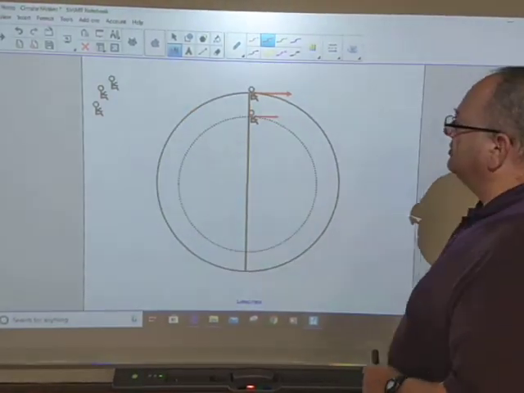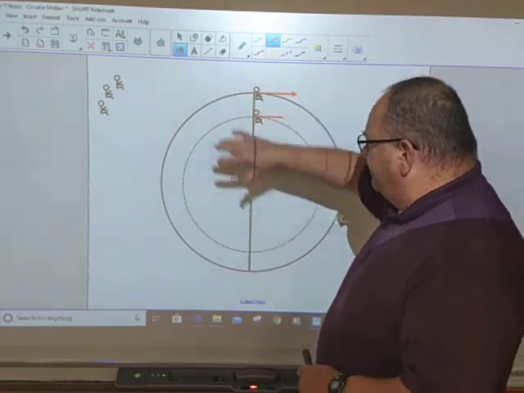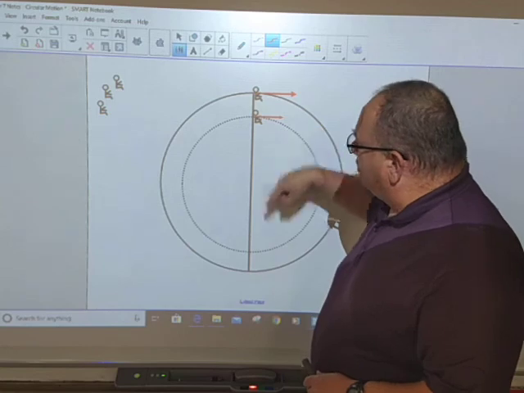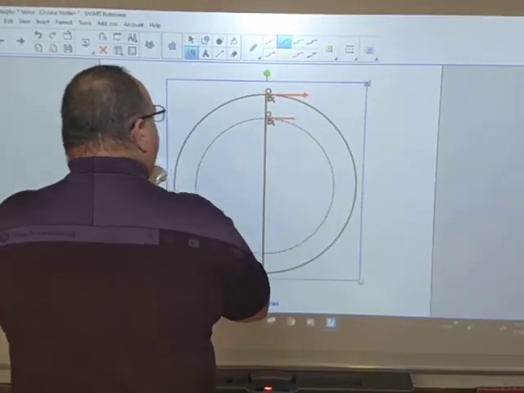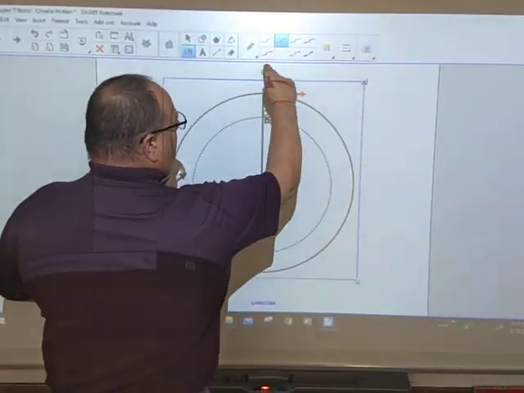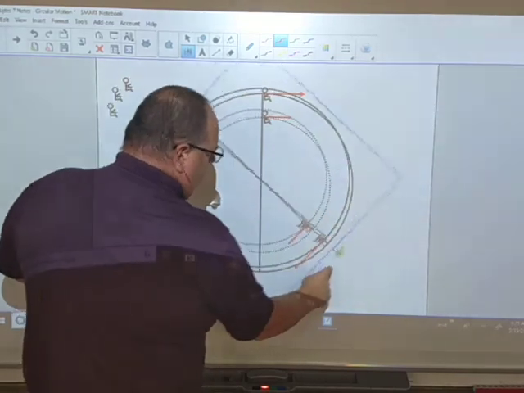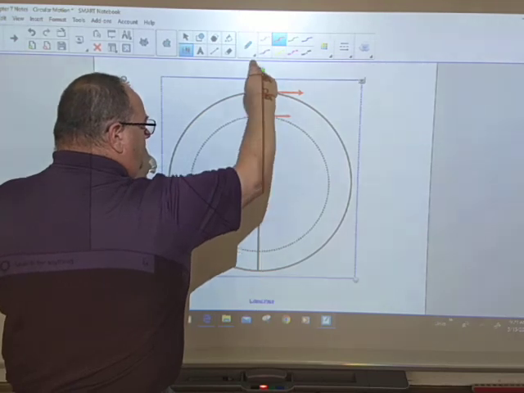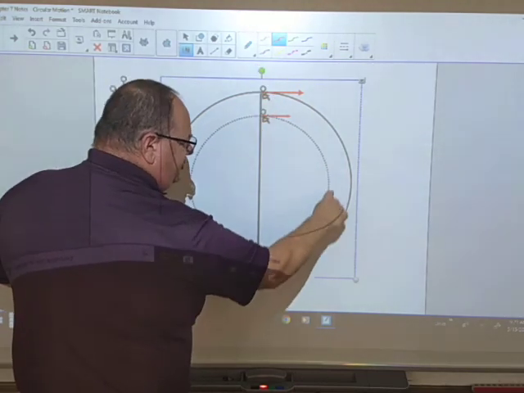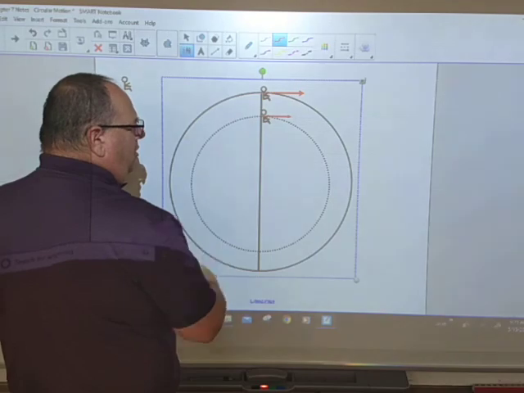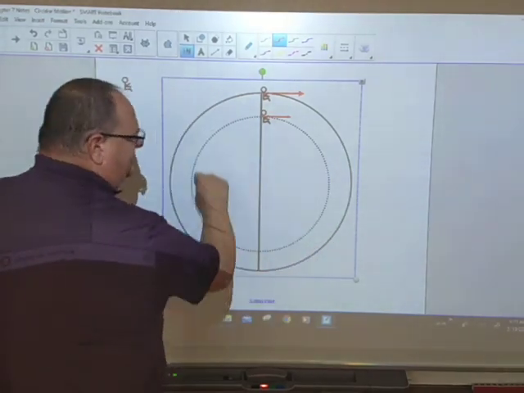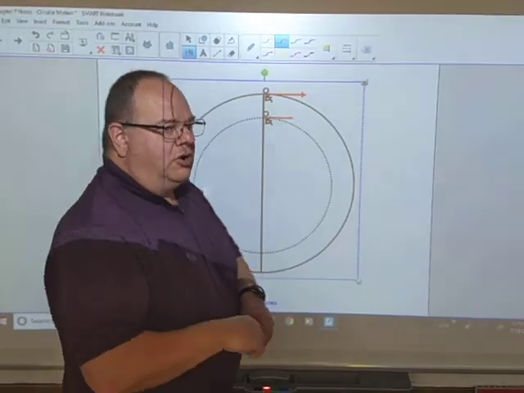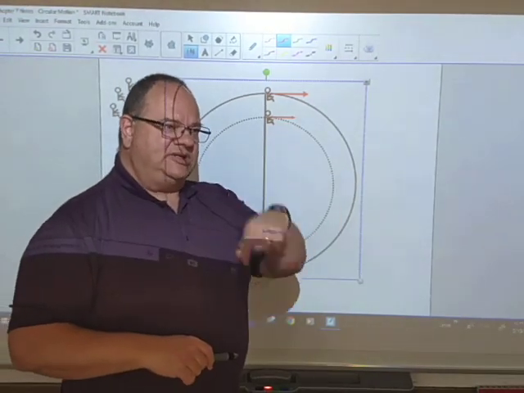Let's look at this next page. So I put two people on here. Imagine it's a big merry-go-round, and this person is a little bit closer to the center. If we look at this as it turns, as we go all the way around, we know that this person made a smaller circle, so they traveled less distance, but it took them the same amount of time to go around, right? So if you go less distance in the same time,